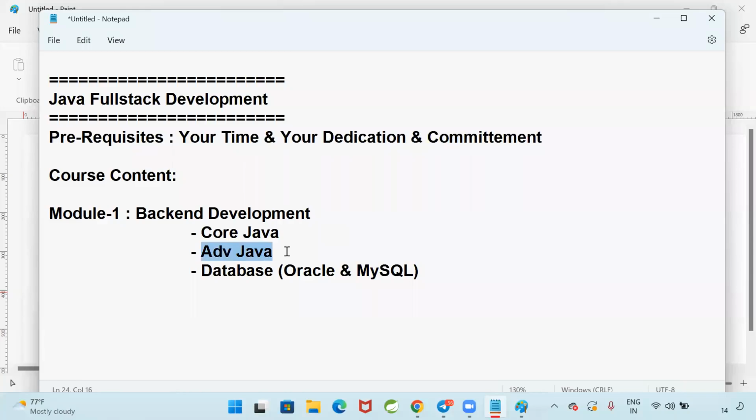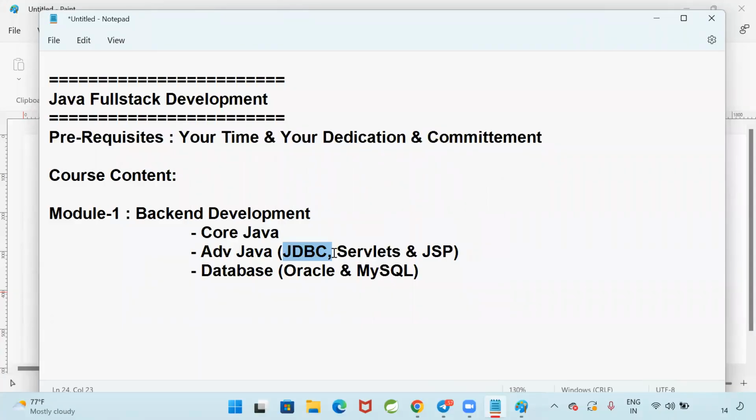You are using Facebook, WhatsApp mobile app, Gmail, Naukri, IRCTC, so many websites you are using. To develop such kinds of websites, we are going to learn advanced Java. In advanced Java, there are generally three parts available: JDBC, servlets, and JSP. What is this JDBC? I'm not asking for the full form. We are not kids, right? I don't need any full form.